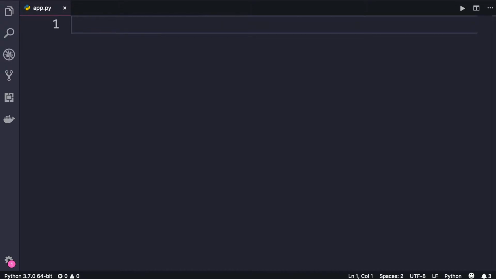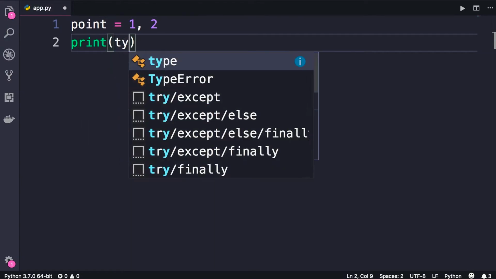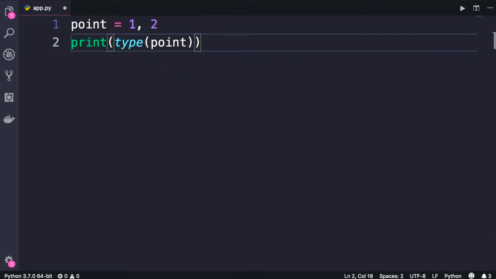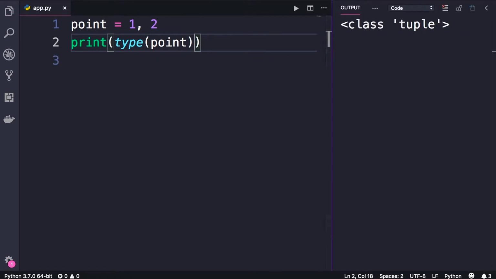object. So let's start by defining a tuple called point. Instead of square brackets, we use parentheses to define a tuple. So here we add a couple of numbers, a point with x and y values. We can also exclude parentheses, and Python will see this as a tuple. Let me show you. So let's print type of point and run this program so you can see it's a